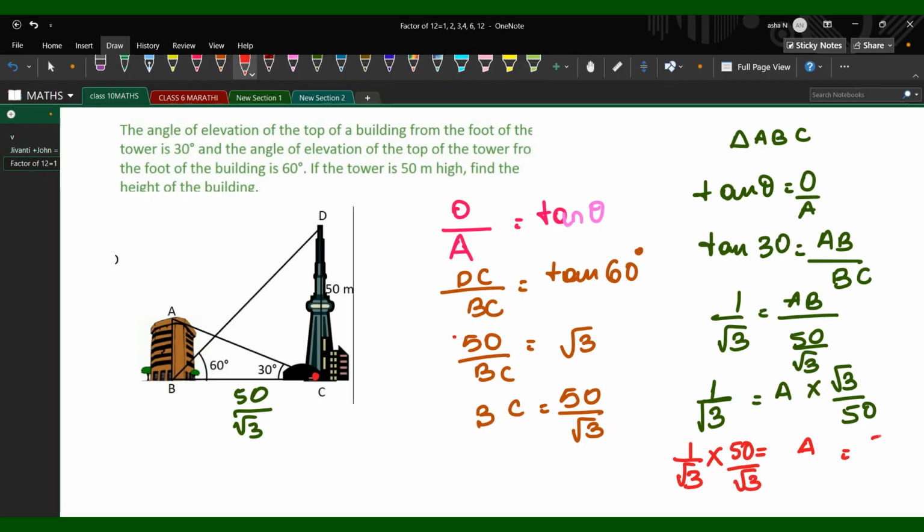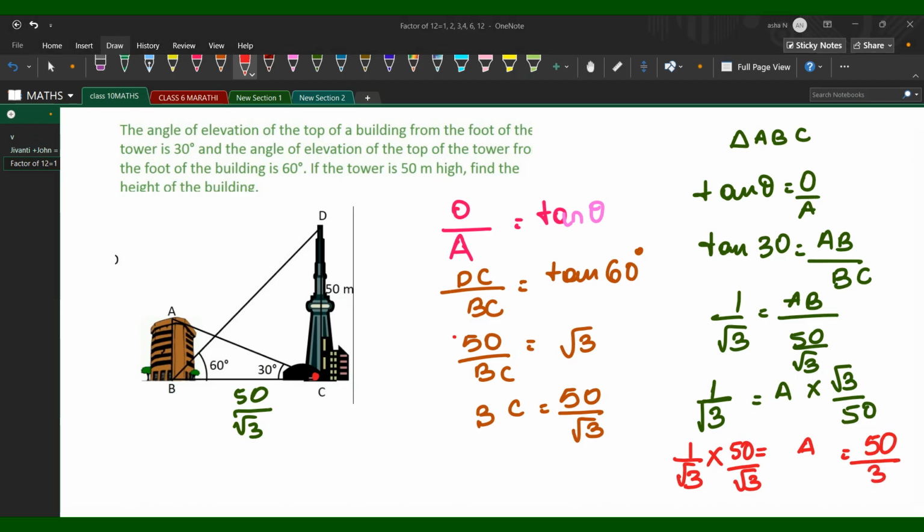Now, okay. Now 50 upon root 3 into 3 is 3. If you want, you can solve it further as well, or you can keep it in this way also. It will come in some decimal. Recurring decimal will come. So you can keep it in this way. Keep repeating, yeah. Chalo. Take it up to the next question now.